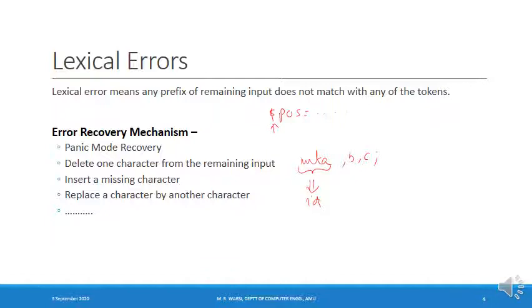Syntax analyzer will receive the token stream as id, id, id, semicolon. Syntax analyzer will see that this is not a valid statement and this cannot be derived from the grammar. So syntax analyzer will generate the error for this. This error will be reported by the syntax analyzer, and this error will not be caught by the lexical analyzer.